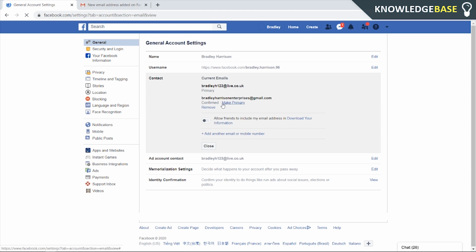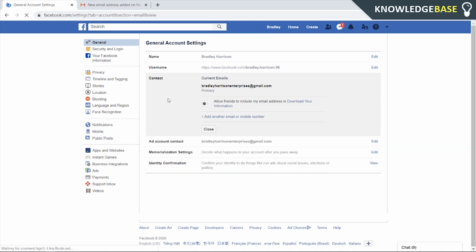To do that, what you need to do is make the email you've just added the primary email. Then once you've done that, you can see it's now the primary email. We can now remove the old email. And that's all you have to do,